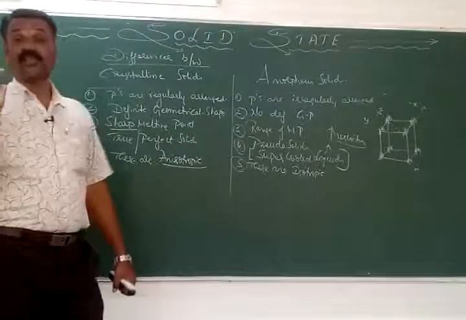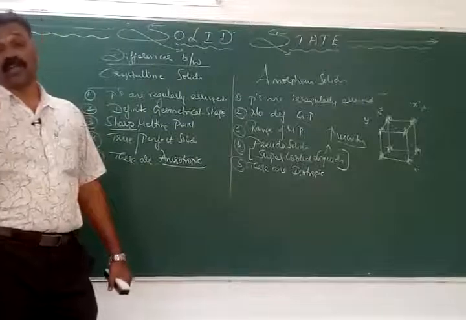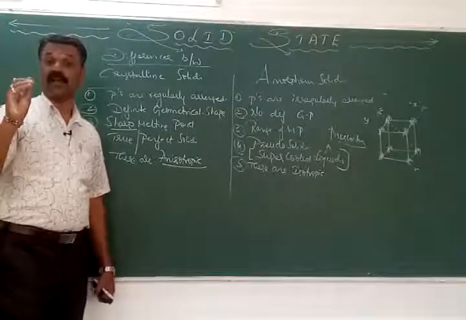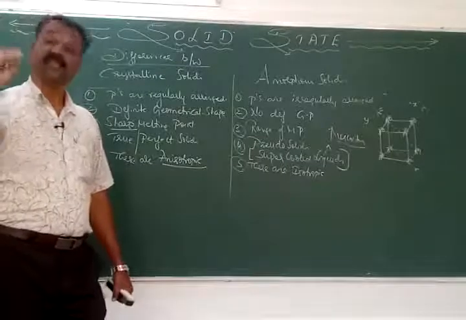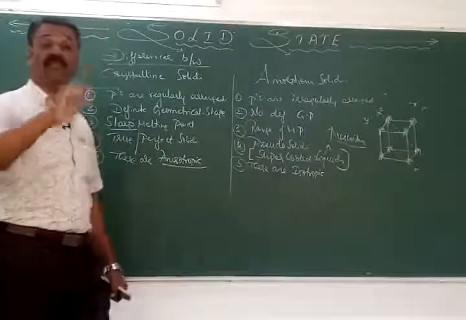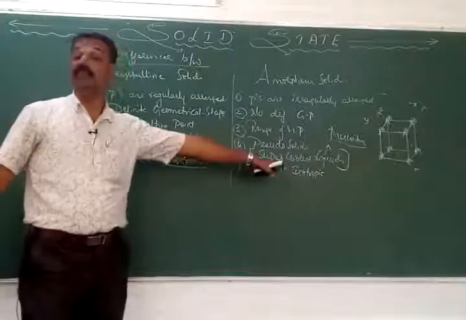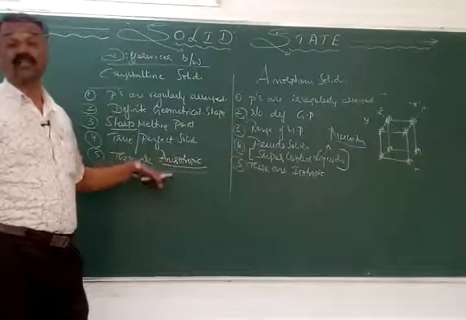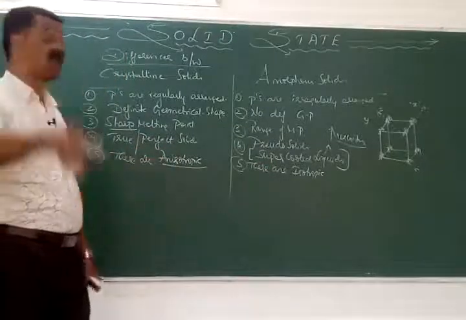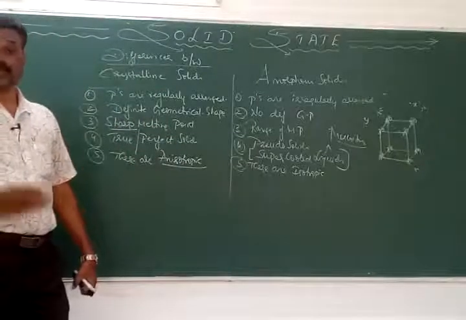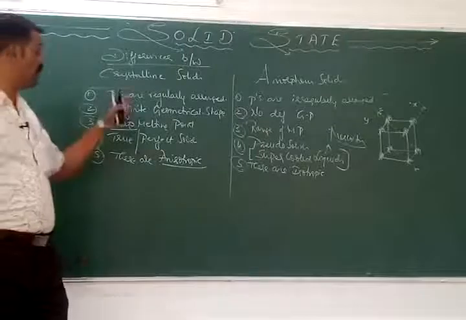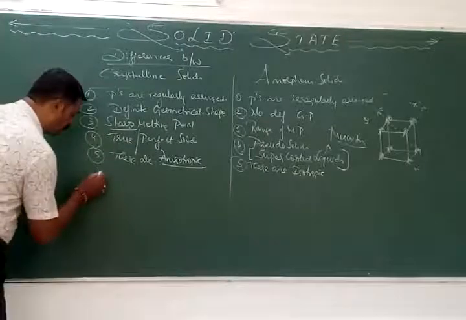It is a property of a system where the physical properties, not all the physical properties, some of the physical properties like electrical conductivity, refractive index, mechanical strength, are found to be the same in all the possible directions when we are measuring, then it is isotropic. If the properties are found to be different in different directions when we are measuring, it is called anisotropic. So that is a major difference between the crystalline and the amorphous. Okay.